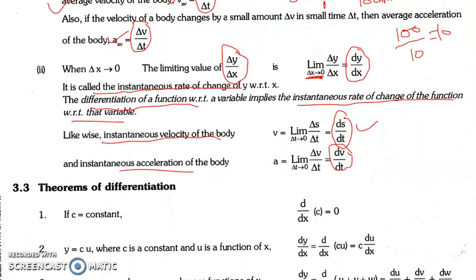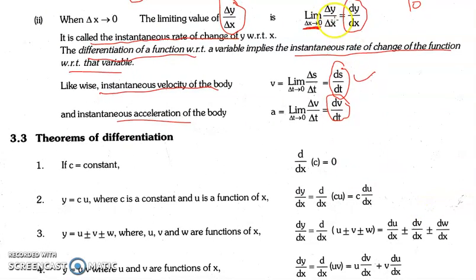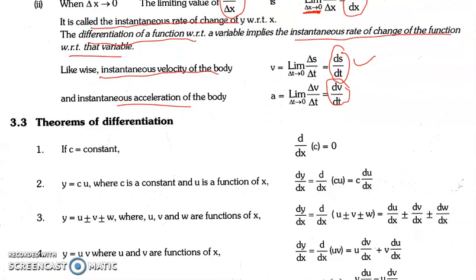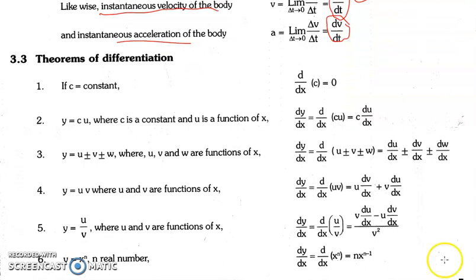Okay, now these are the few things that you have to learn about the theorems of differentiation, and theorems of differentiation means the formulas which we'll be using to find the derivatives. There are a few things that you need to learn in this case, out of which these are the first 6 things. If c is constant, means something which is not changing, that is why it is known as constant. So the derivative, that means the change of a constant, would be 0. So it means d by dx of c is equal to 0.